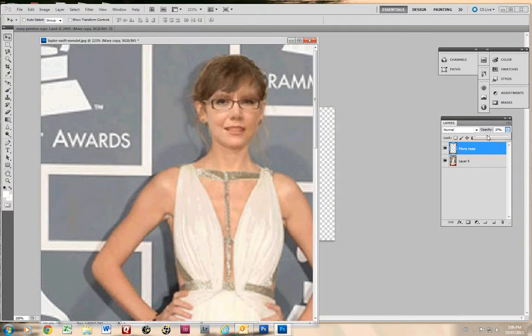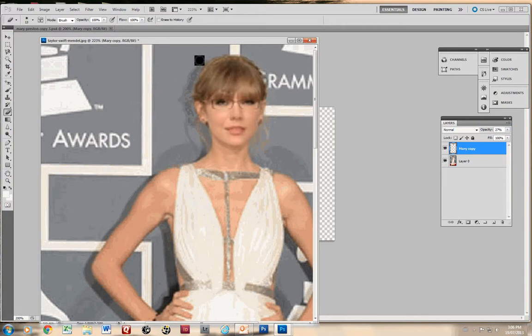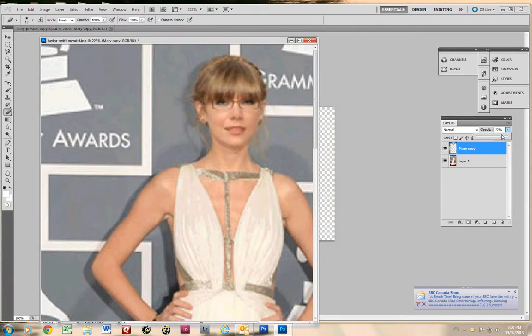So now what we have to do is make Mary even more opaque. And we're going to just erase everything on Mary that would be covering up the hair. So we're just going to truly create Taylor Swift bangs for Mary like this. Just right along the edge, just like that. So basically we're erasing the top part of Mary's head and giving her blonde hair and bangs. So if we bring up the opacity, then we can see if there's any other odd overlaps